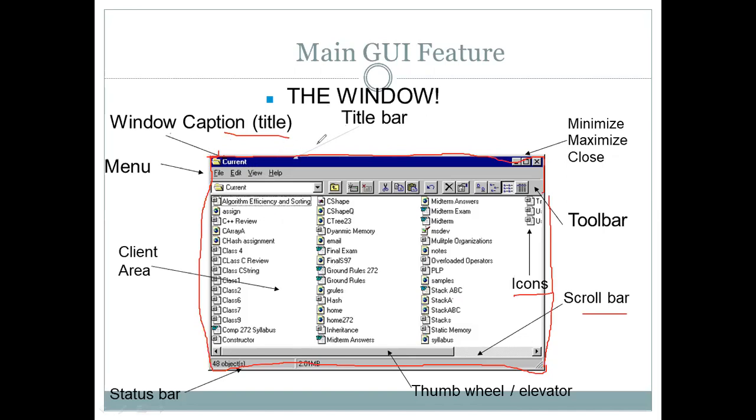Okay, as you already know what is meant by window title bar, menu bar, toolbar, scroll bar, icon, I am not discussing them in detail. Just remember this slide. If the question is asked, you have to explain with the help of a diagram, with each and every attribute in detail. In detail means what their functionality is and what they are used for. Okay, is it okay?